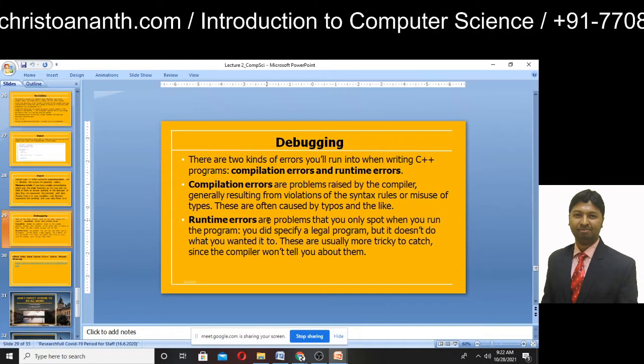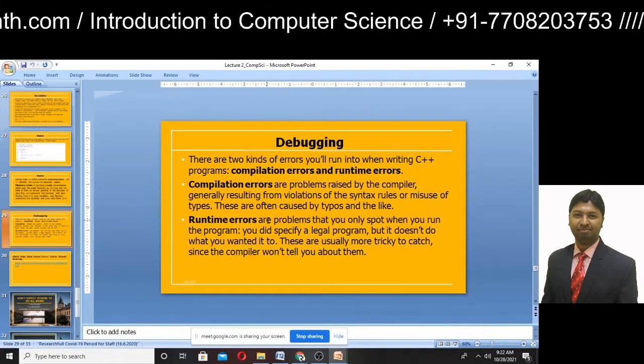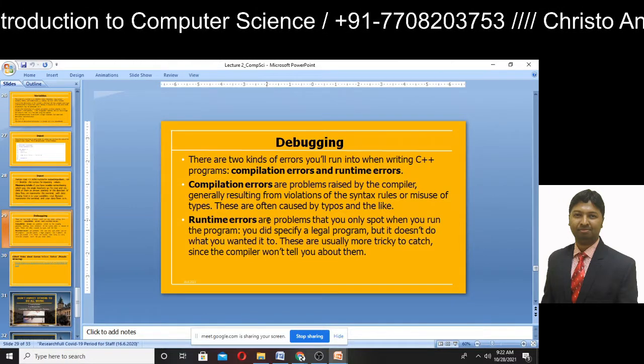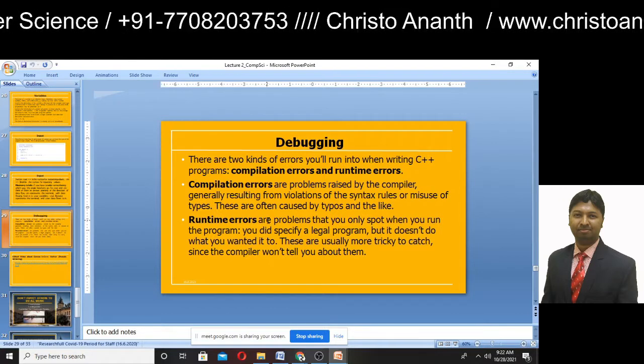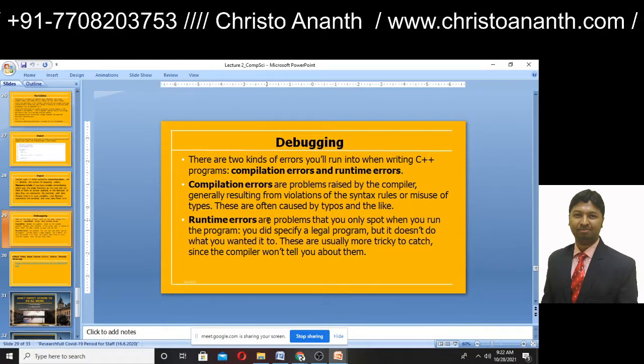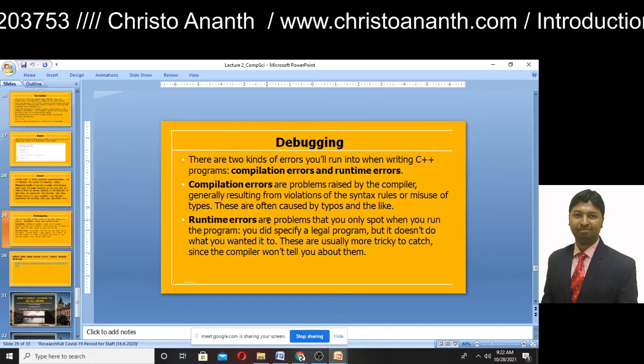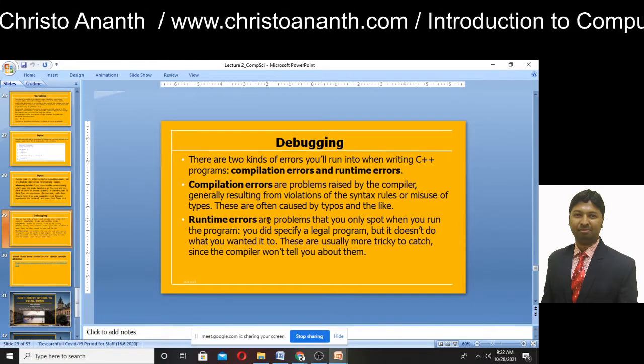They are often caused by typographical errors. So if you violate the syntax rules or misuse variables or types, you will have compilation errors.